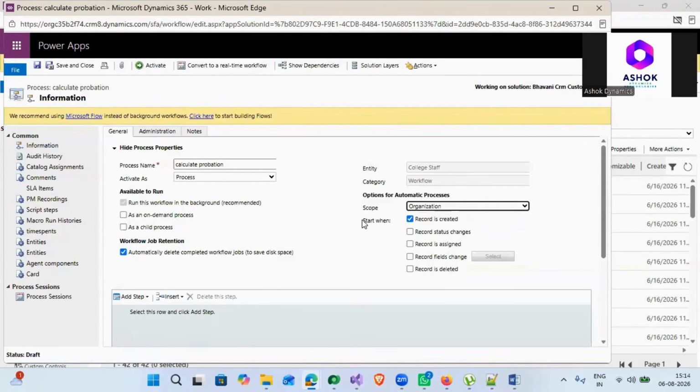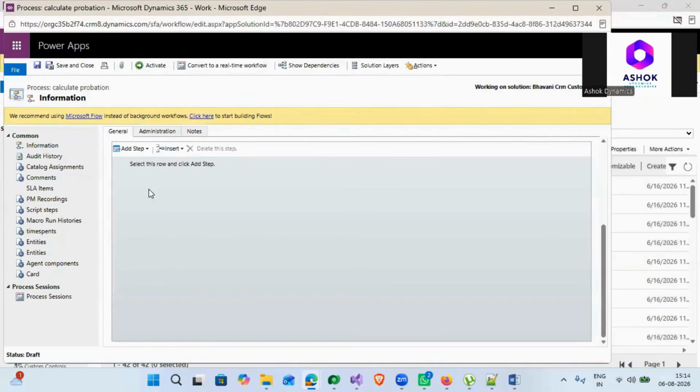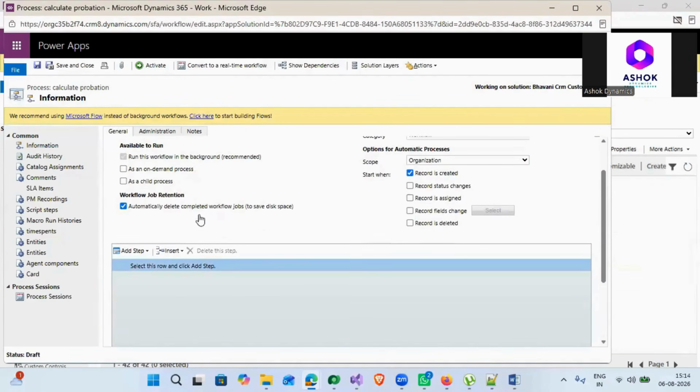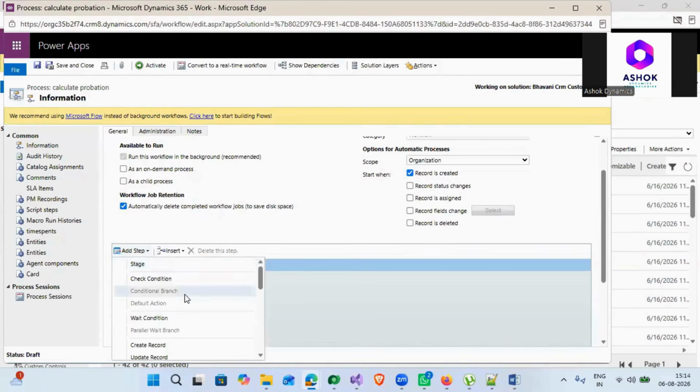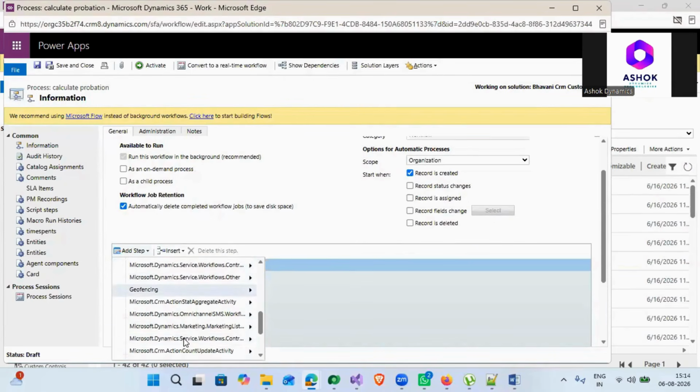Select the scope to organization. When the record is created, select this row and click on Add Step. Then you will find the